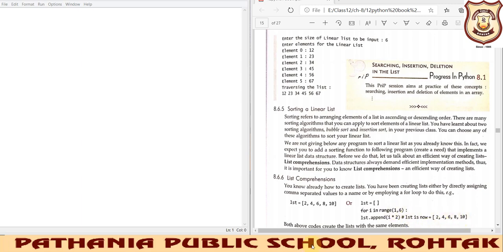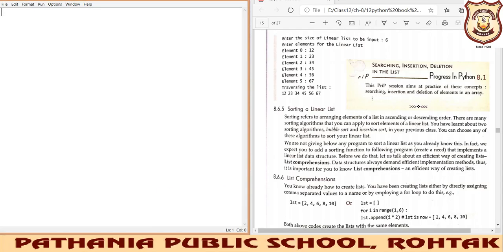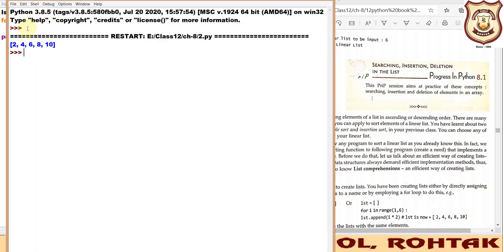Okay, so let us try implementing the concept of list first in this way, then we'll implement the same thing with the help of list comprehension, right? So I have already typed the same code, and I'll be implementing it here. Let me paste it here for you and save it, and then I'll be running it. So you will see the output we are getting. Okay, 2, 4, 6 and 8, the same output we are getting, right?